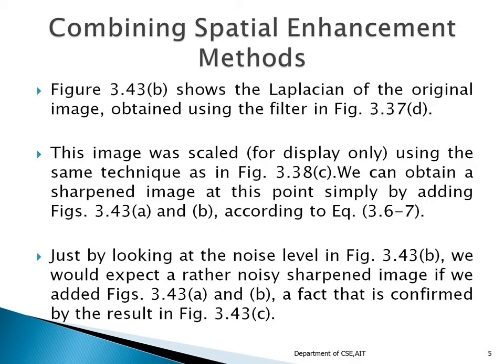So it is going to reduce the noise if you use some filters. We could have used filters like the median filter or mean filter also. But in the case of median or mean filters, some image features are going to be removed, which may not lead to a very good output, and that's the reason why we're just adding 3.43A with B. When you combine these, I get C.